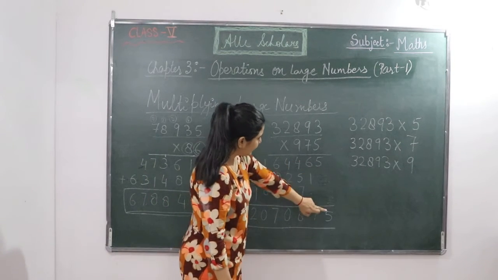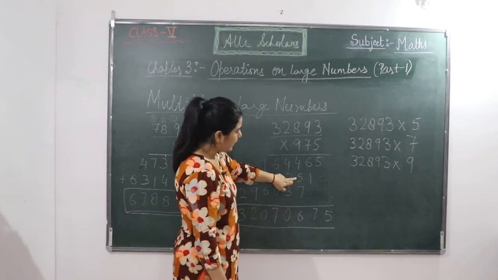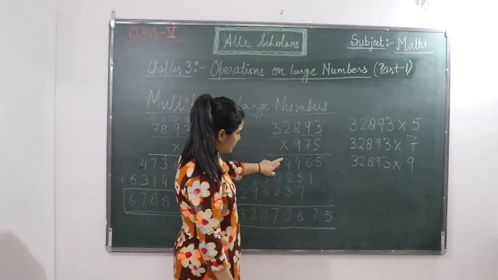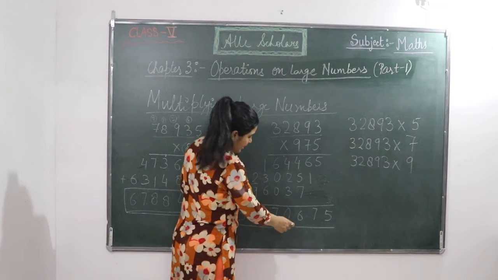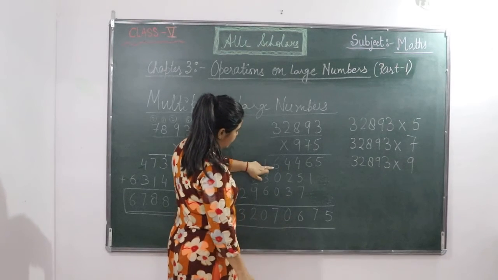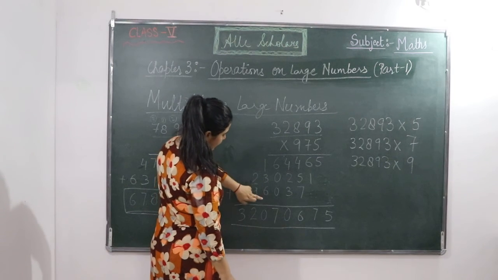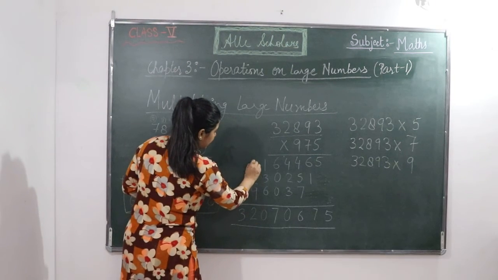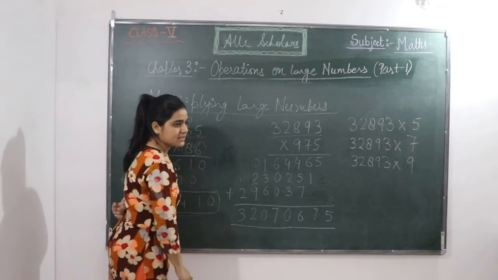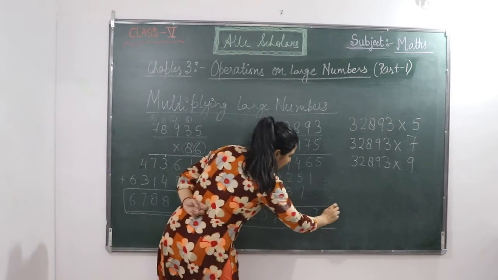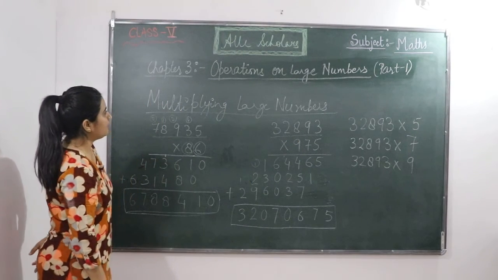Addition you have to do. 5, 6 1 7, 7 4 and 5 gives you 9, 9 and 7 16, 6 and 1 goes as a carry. 4 1 5 6 7 8 9 10, 0, then 1 goes as a carry. 6 1 7, then here 3 1 4 and 6 10, 0, 1 goes here as a carry, 9 1 10, 2 12, 2 and 1 goes as a carry, and this gives you the answer. So this will be your final answer when the multiplier has how many digits? 3 digits.